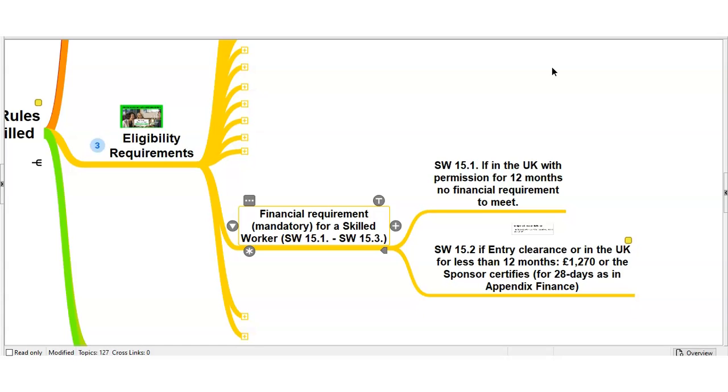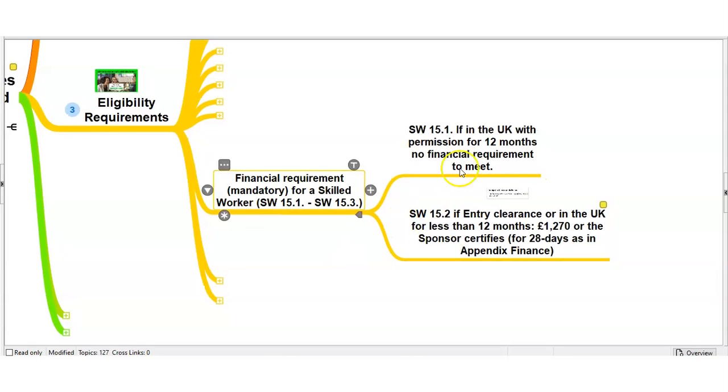This means they've already proven that they are capable of taking care of themselves financially, and they are now under no obligation to provide any documents, so they will be deemed to automatically have met these particular requirements. However, if you are applying from outside the UK for entry clearance, so this is a visa application made outside the UK, or if you remained here in the UK for less than 12 months, you will need to meet